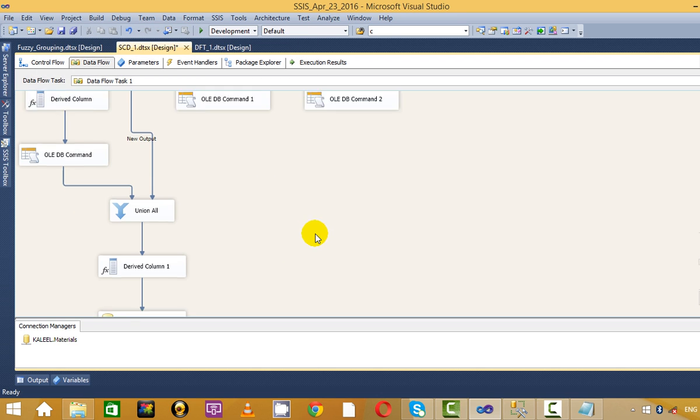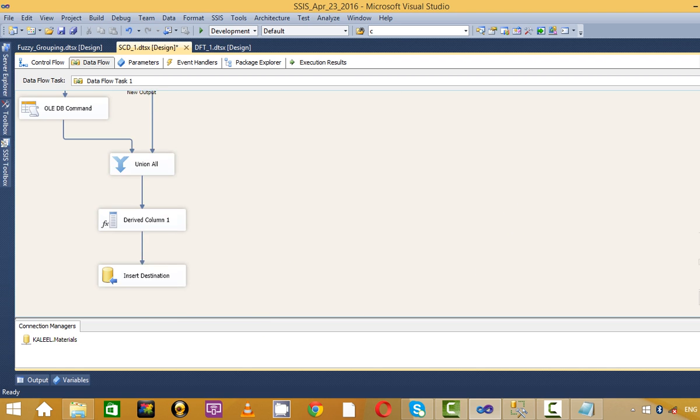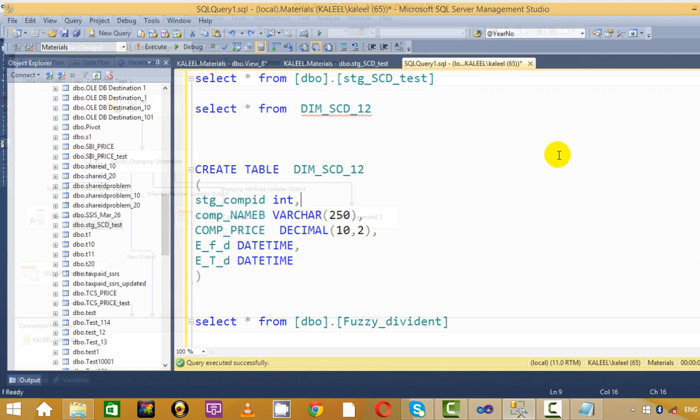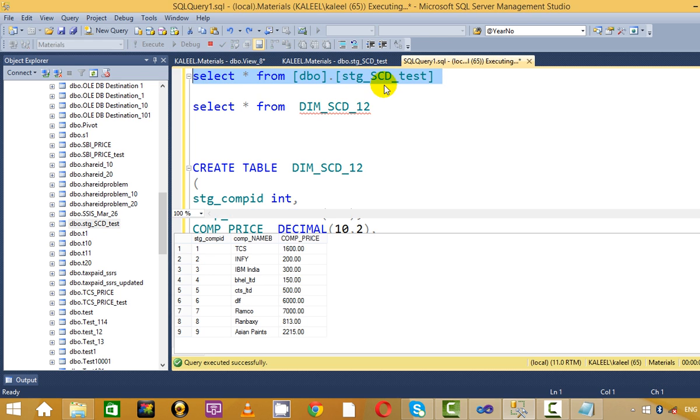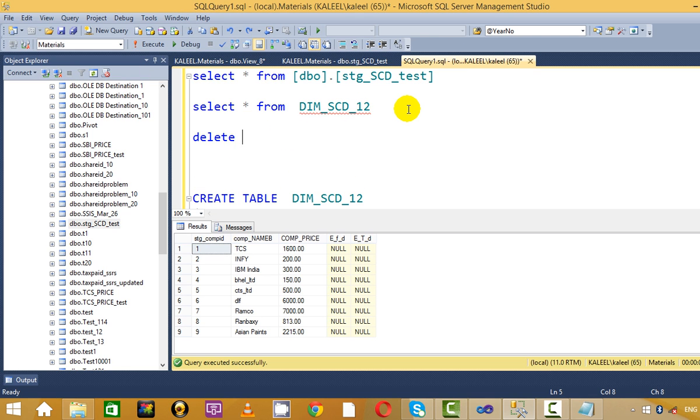So automatically everything will be created here. So my inserts, updates, everything will be created. But the first time I execute, what I'll do is I'll just delete from